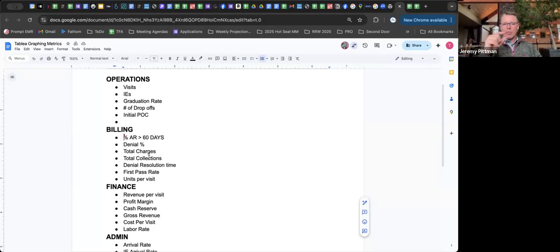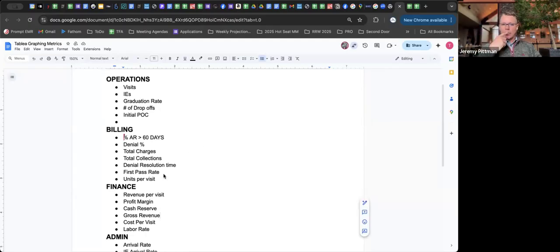Denial resolution time. I really like this. This was a ChatGPT suggestion, but I think it's really cool. We definitely want our denial percentage to be extremely low. But of those claims that get denied, how quickly is our billing team resolving those denials? Right. First pass rate. I want that over 99%, and then units per visit actually comes out on the PTP